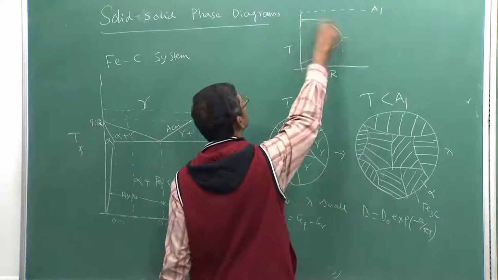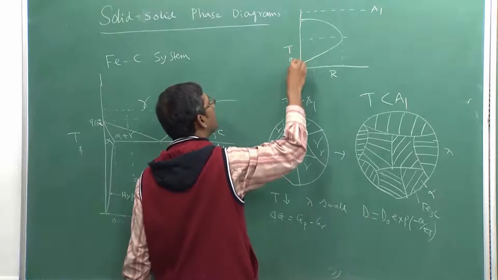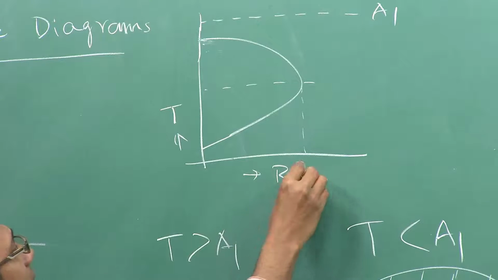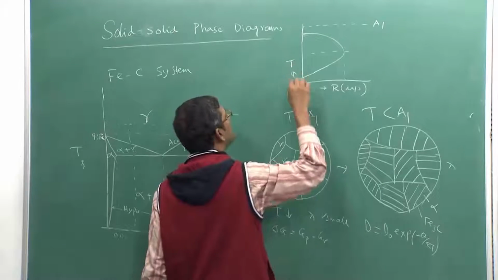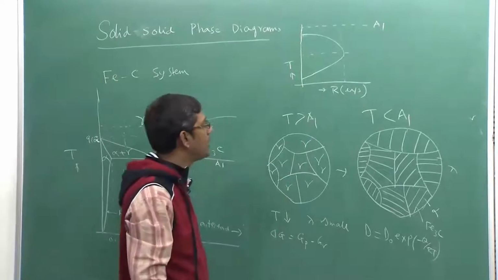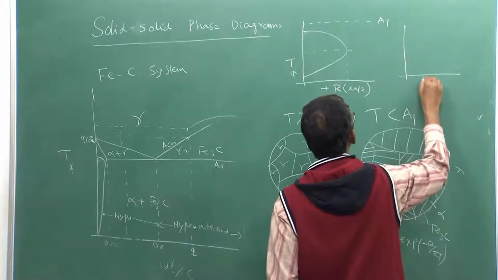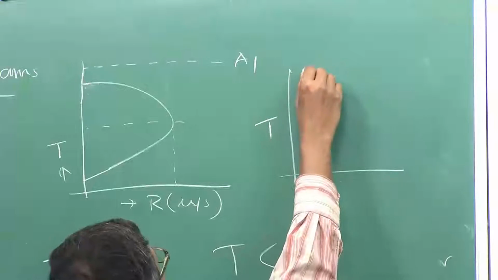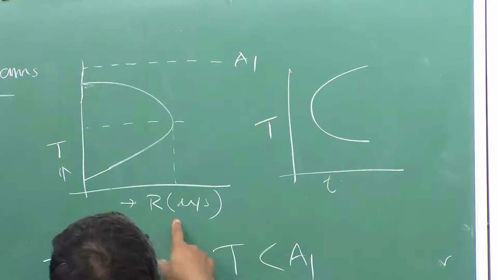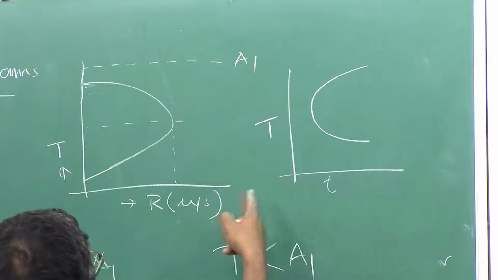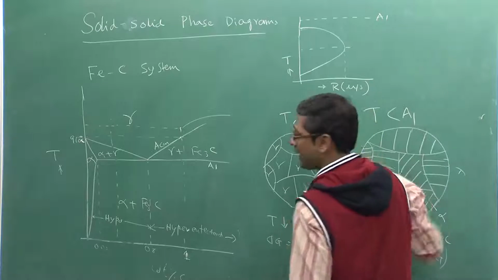On the other hand, at lower temperature lambda will be low, but the main reason is diffusion. So please keep in mind this transformation curve of pearlite, as a function of temperature, where R is the rate, in centimeter per second or micron per second. This looks like an inverse C curve. If I plot it the other way, time versus temperature, it will look the opposite, because here this is rate. You invert it, take the time up, so it will be opposite. We will come back to it when we discuss TTT diagrams.